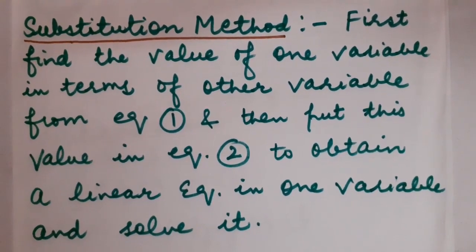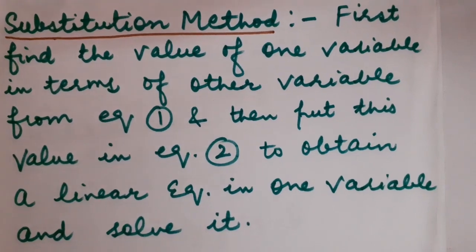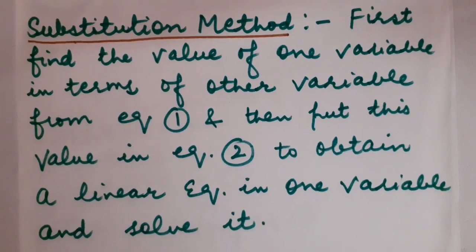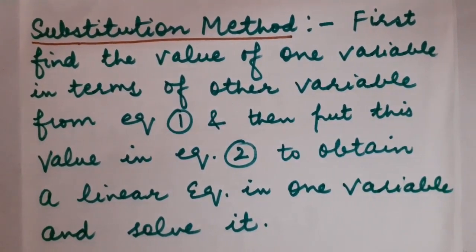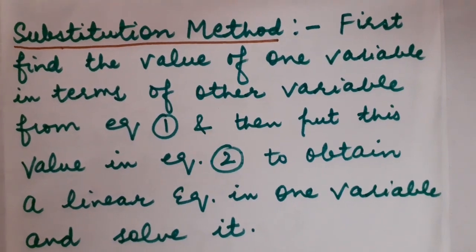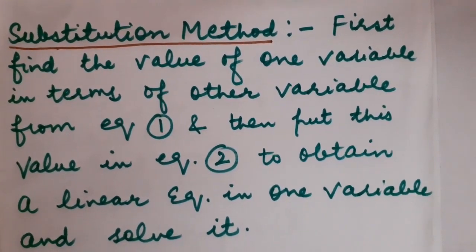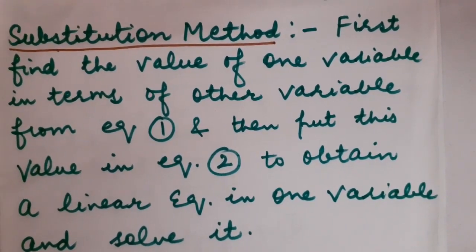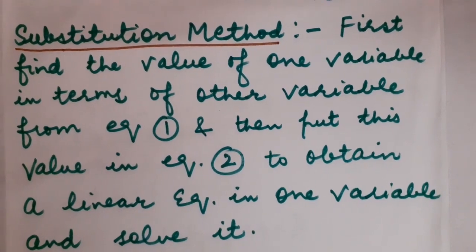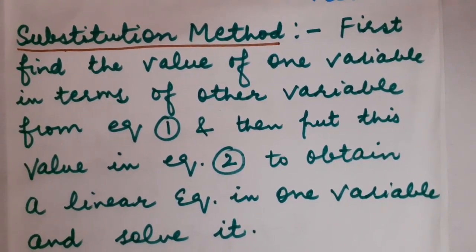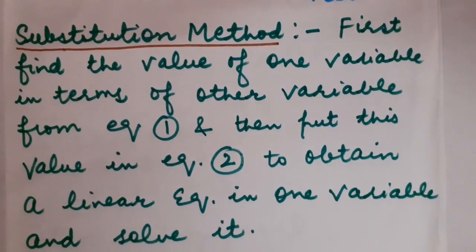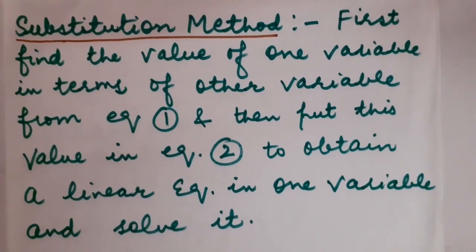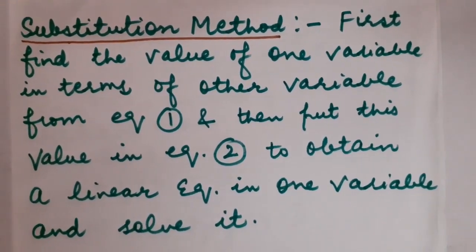Children, we are learning the chapter a pair of linear equations in two variables. So through substitution method, we are going to calculate the values of both the variables present in the equations. So let us start substitution method. What is to be done in this method? First of all, find the value of any of the variables in terms of the other variable from any of the equations. After that, you have to put that value in the other equation so that the other equation will be in one variable only. And after that, you can solve it. Understood, children?